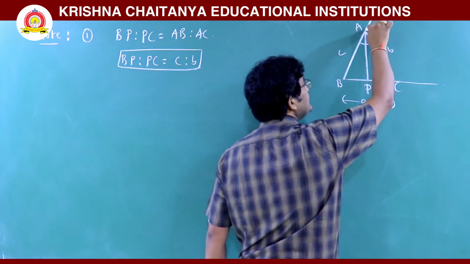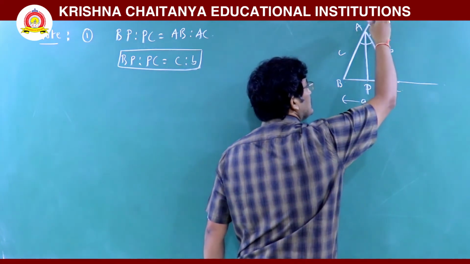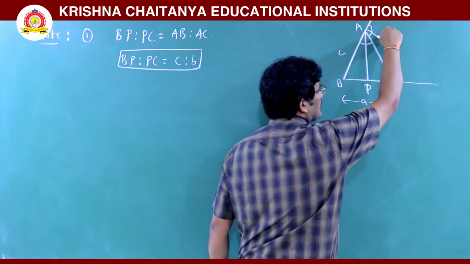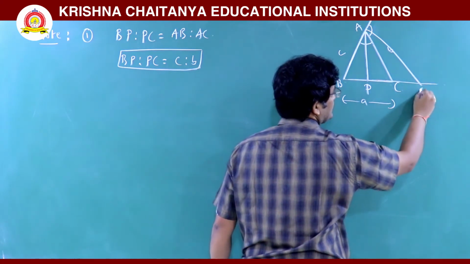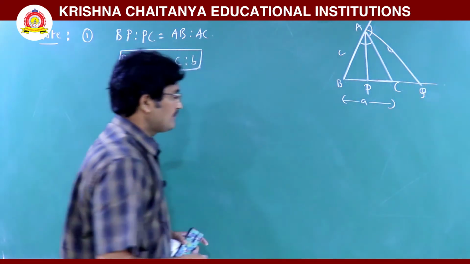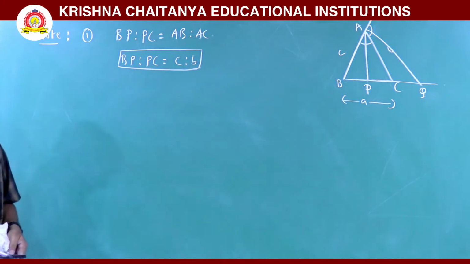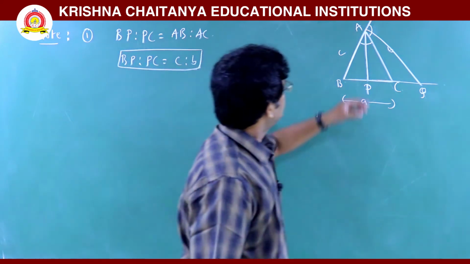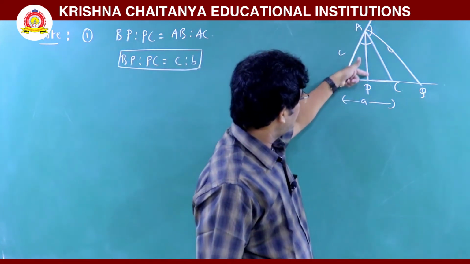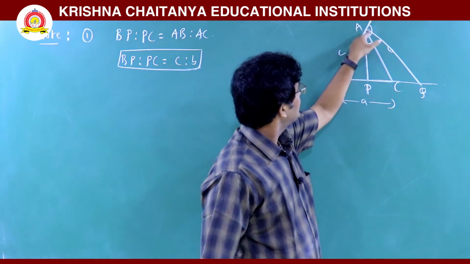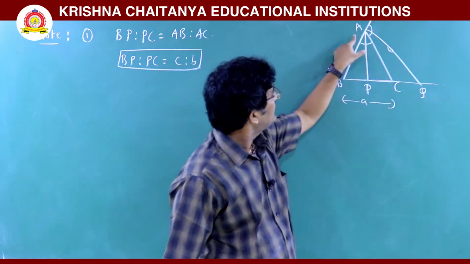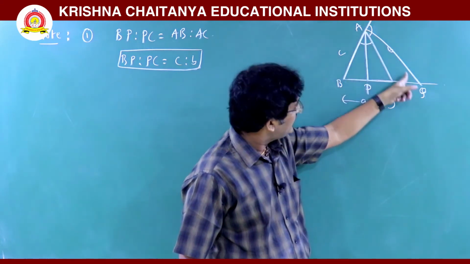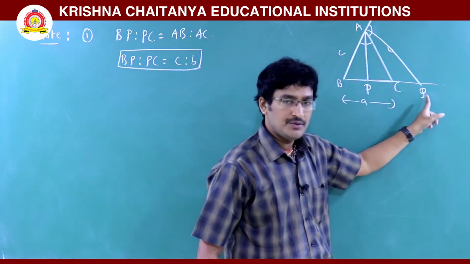Now I am drawing a line which bisects this external angle like this. That one meets the same BC bar at Q. Okay? So see here, this is the internal angular bisector of A, and this is the external angular bisector of A. The internal angular bisector of A meets BC bar at P. The external angular bisector of A meets the same line BC bar at Q there.